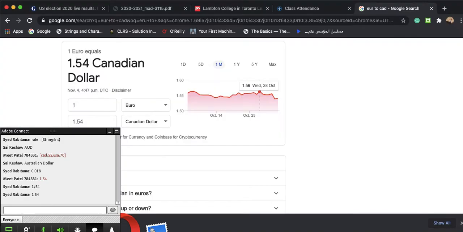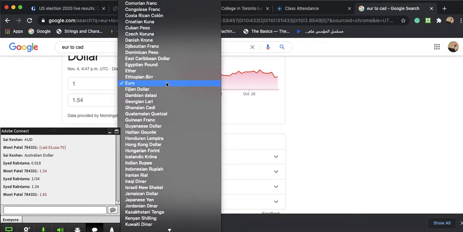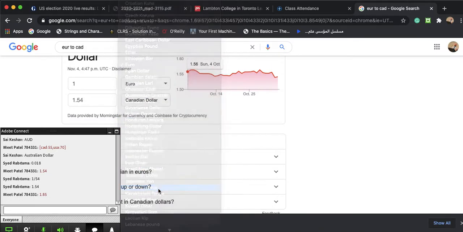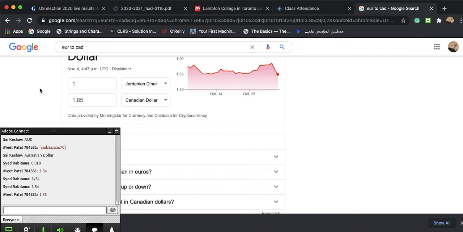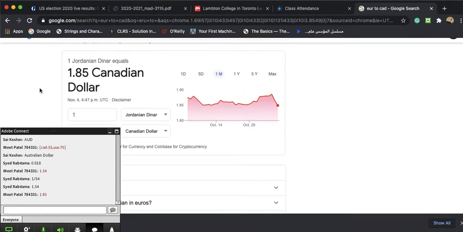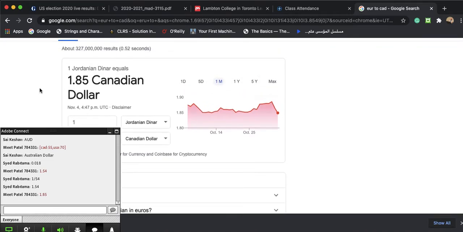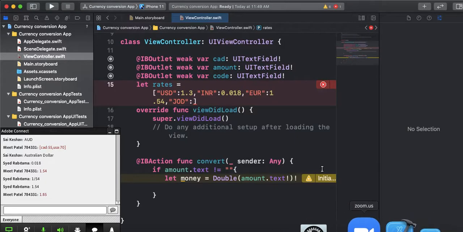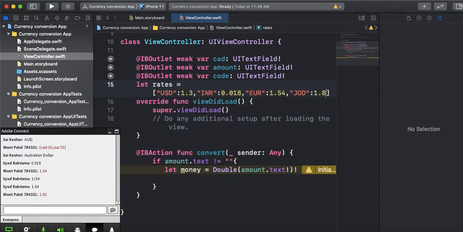Let me see. Jordanian dinar 1.85. Okay, so 1.85,